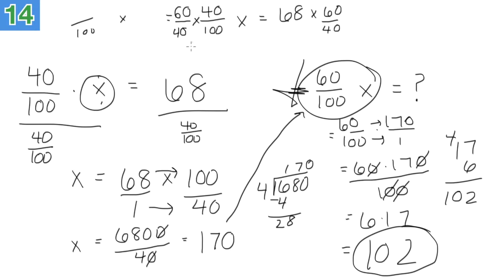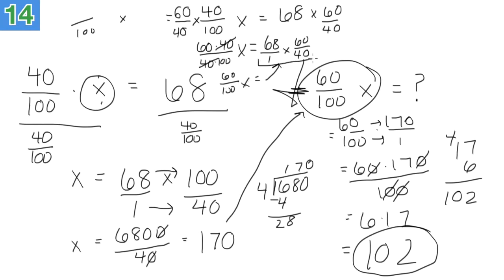So, in this case, when we multiply by 60 over 40, we now have 60 times 40 over 40 times 100, x equals 68 over 1 times 60 over 40. And if you see over here, there's a 40 on the top and bottom of the fraction, and so those cancel out, and we're left with 60 over 100 x